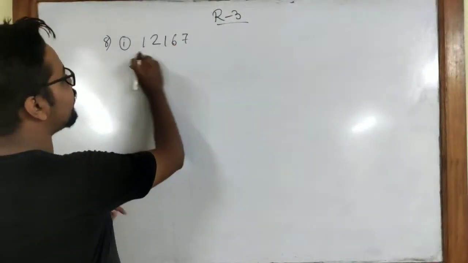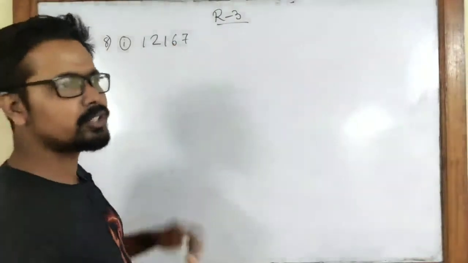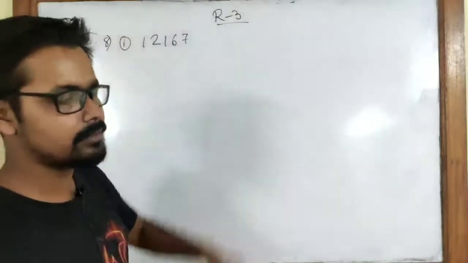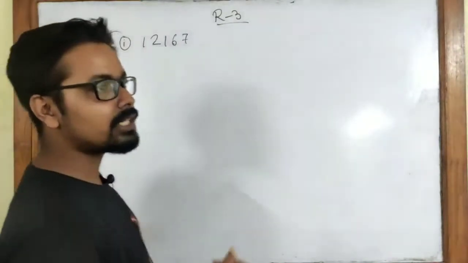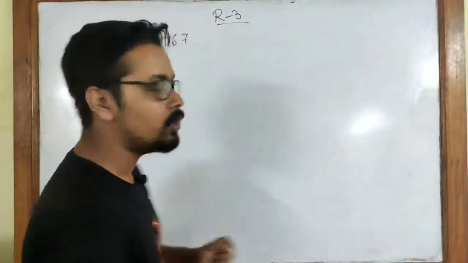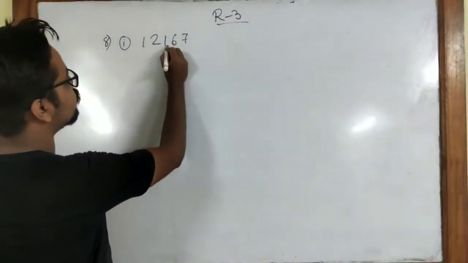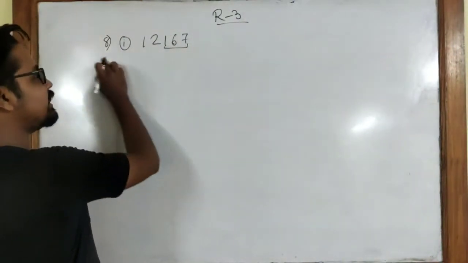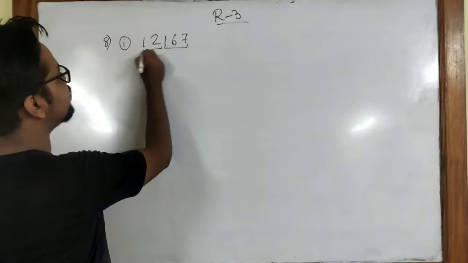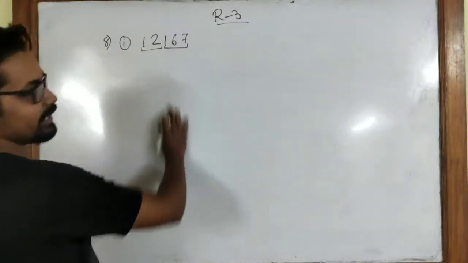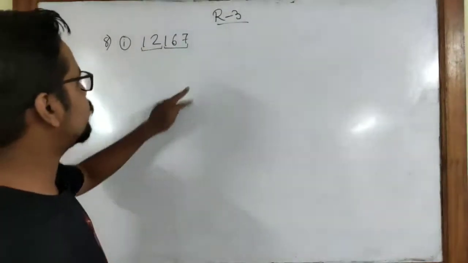First we have to divide this number into 2 parts or 3 parts based on how many digits are there. So we start counting 3 digits from the right. From the right side, take 3 digits, 1, 2, 3. So this is one group, then again 3 digits. As there are no 3 digits, we will take these 2 into one group. So first and second, 2 groups. So we take this group and what do we do?